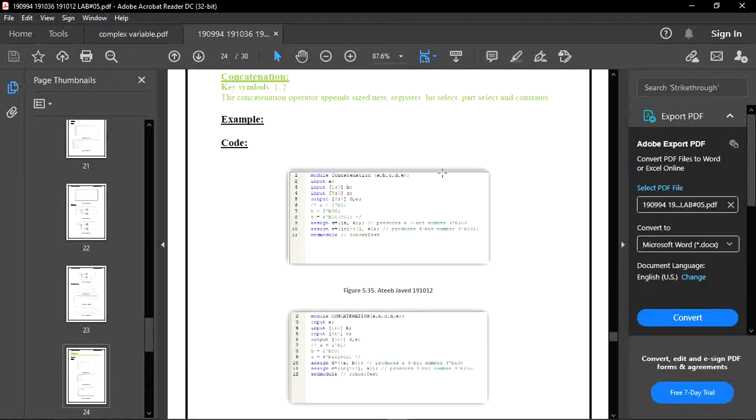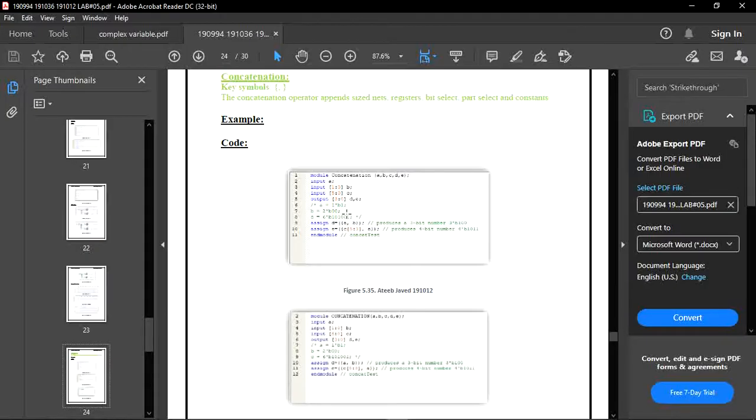If A comma B are enclosed in concatenation, then it produces a 3-bit number like 100, and if C, which is of size 8-bit, and A are enclosed in concatenation, then it produces a 4-bit number, which is 1011. And after it we have to end the module because we have to check both conditions.